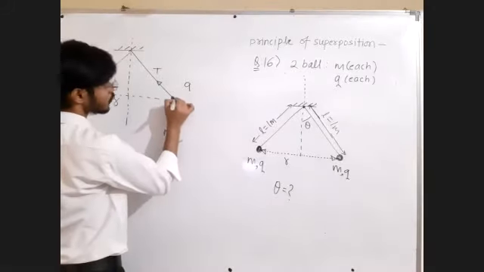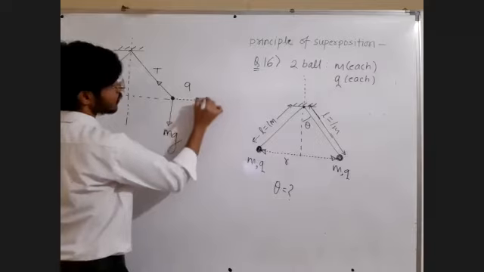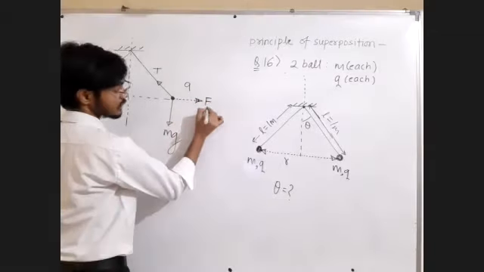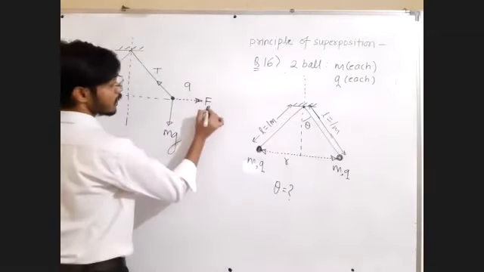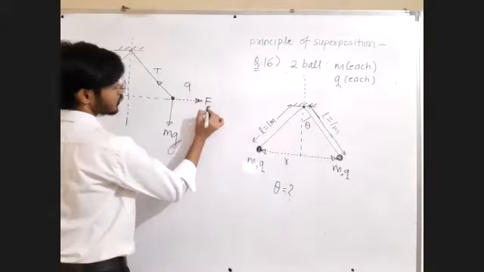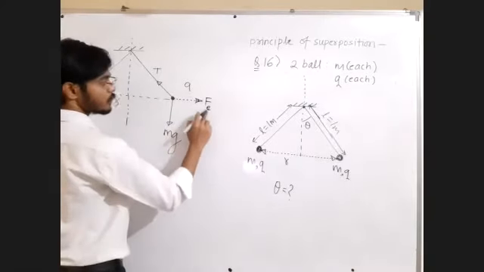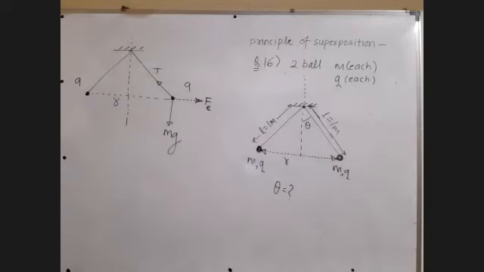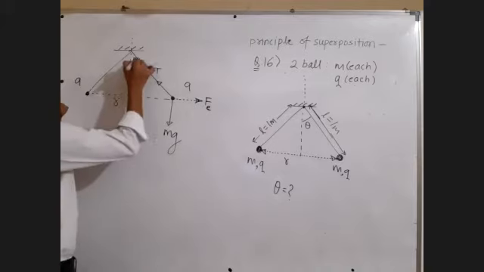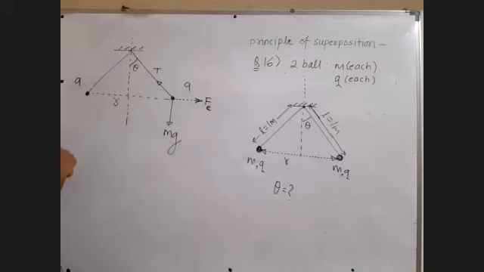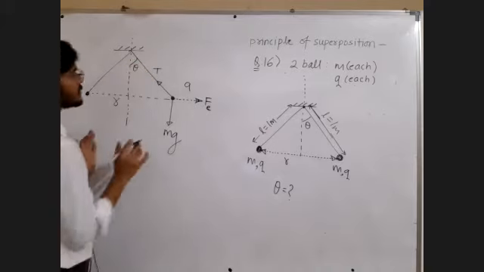It is called the Coulomb force. There is one more force. Let us call that force due to electrostatic force or Coulomb force, Fe. Okay, electrostatic force or Coulomb force, Fe. So these are the forces acting on this charge. Okay, this angle is theta. This angle is theta. Now, very simple thing.